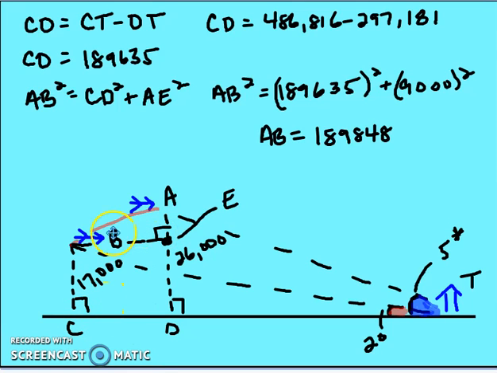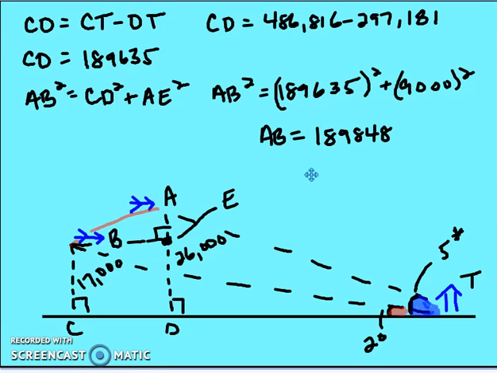And so using CD as BE and 9,000 feet as AE, I have a right triangle, and I'm going to use that right triangle to solve for AB, which is the hypotenuse. So AB squared is equal to CD squared plus AE squared. AB squared is equal to 189,635 squared plus 9,000 squared. And then AB ends up being